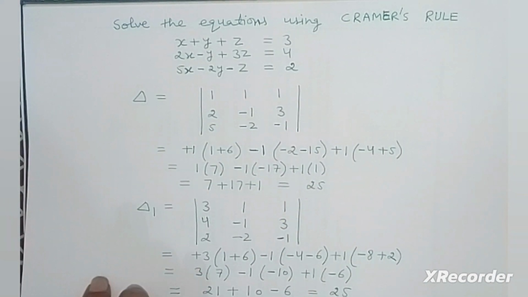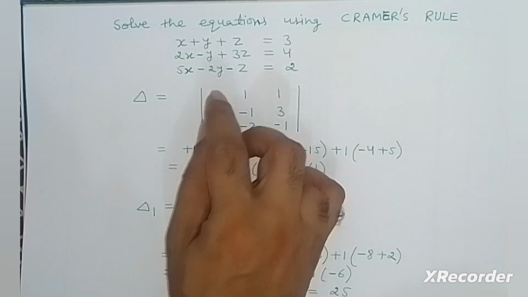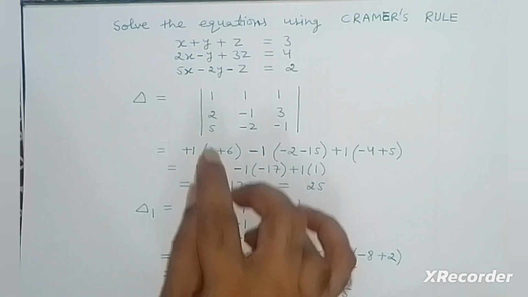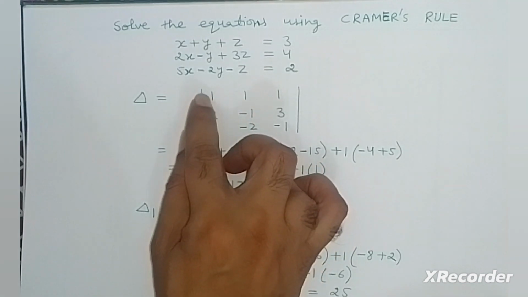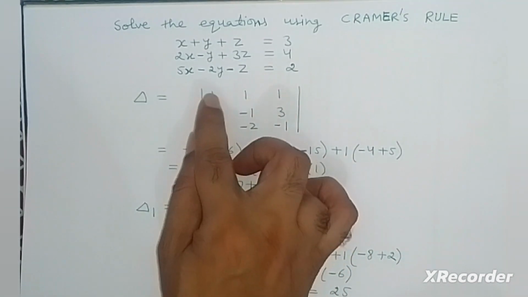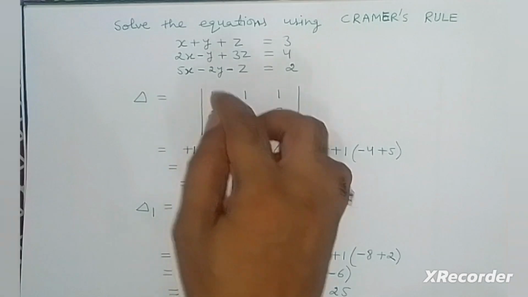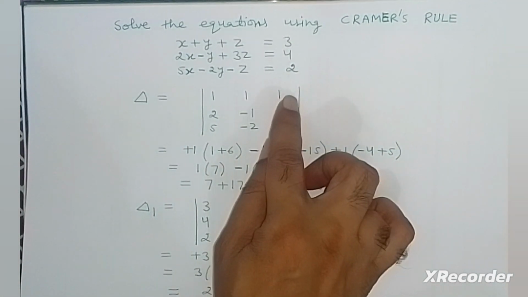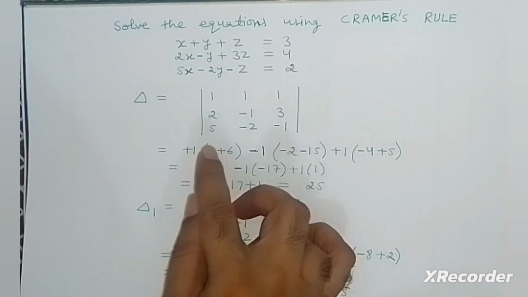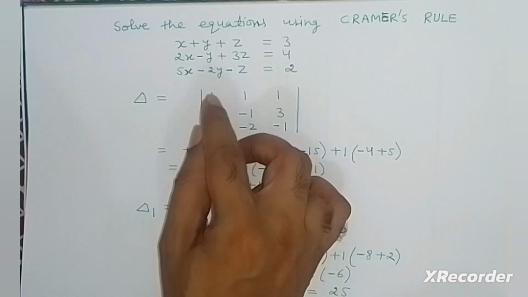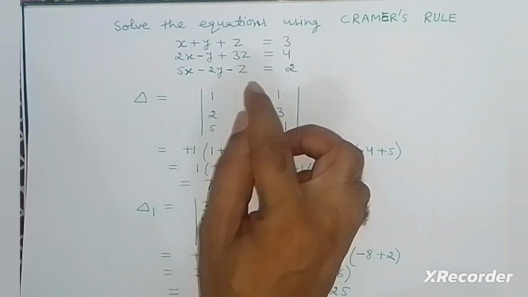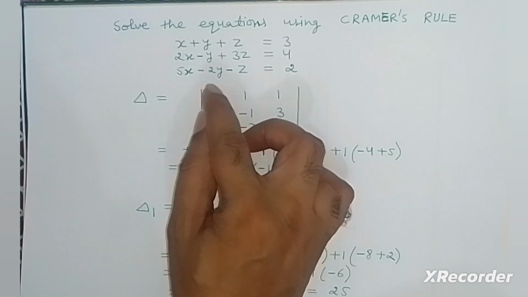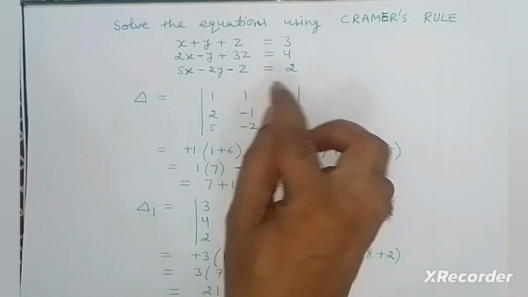The method of finding the determinant is, first of all we expand from any row or column. In this case we are expanding from row. Here there are 3 rows, 1, 2, 3 and 3 columns, 1, 2, 3. So we are expanding from first row. So from first row we use the sign alternately. Here plus 1, minus 1 and then plus. The signs are alternate, plus, minus and plus.